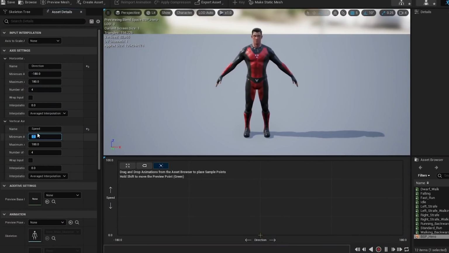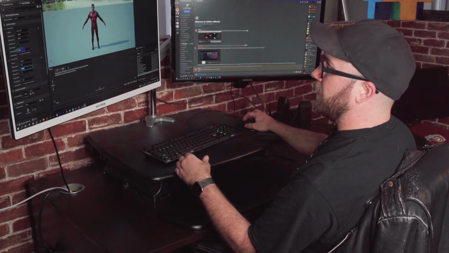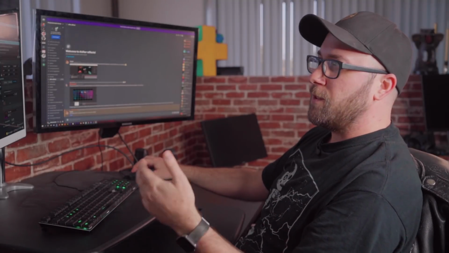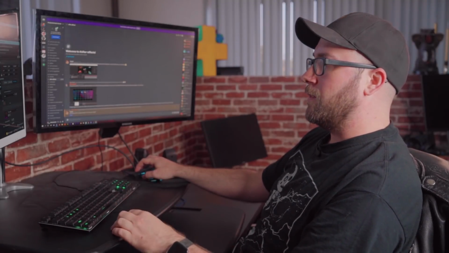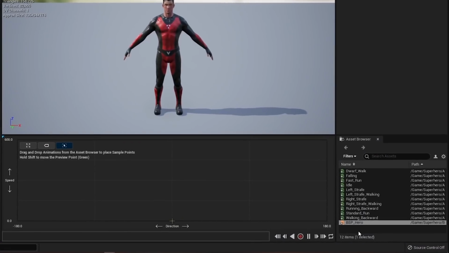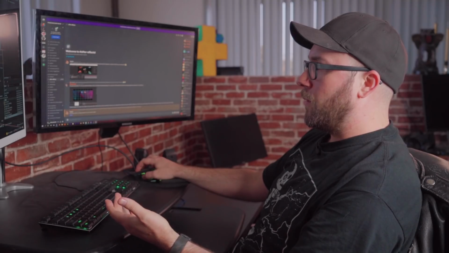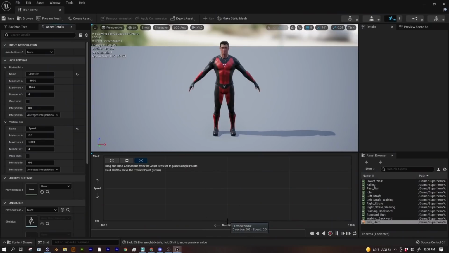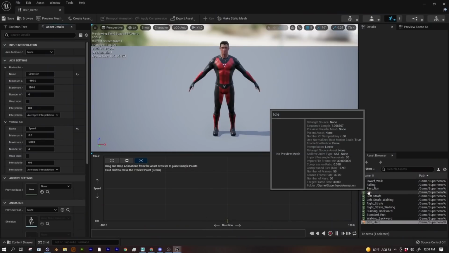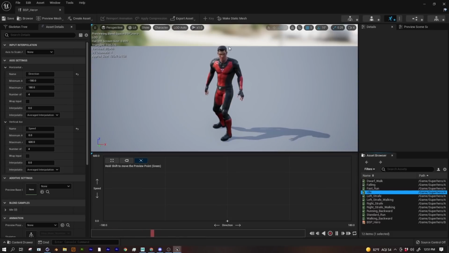Now for the speed, obviously your minimum speed is 0. The maximum is 600, and that's just because the game's already set up that way. It could be anything, but just by default with this template, it's 600, so we'll just go with that. Okay, so here's my list of animations from before. We'll start with what does he do when he's going 0 miles per hour right here at the bottom of the graph. Well, I'm gonna drag and drop my idle animation right there, and you can see he just starts